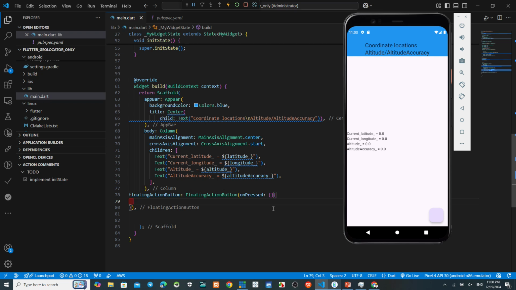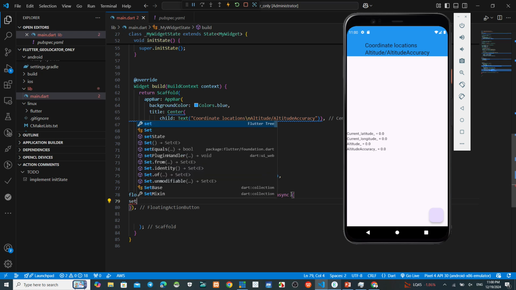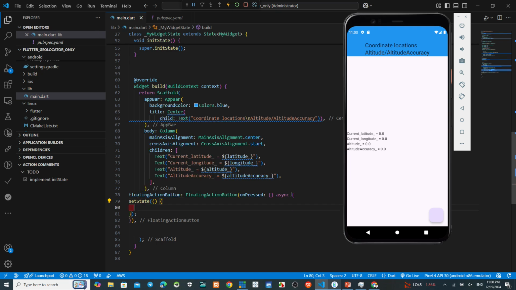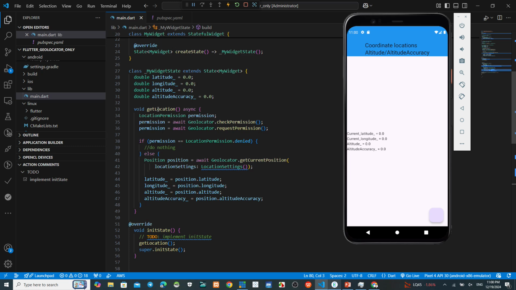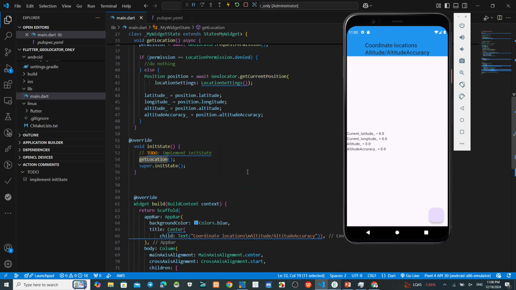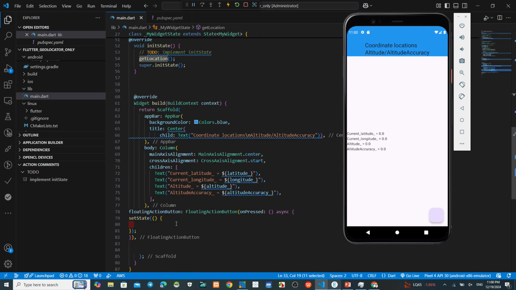This one is an asynchronous function, so now make this async. Okay, now we set state. To run this get function, we must make this one setState.